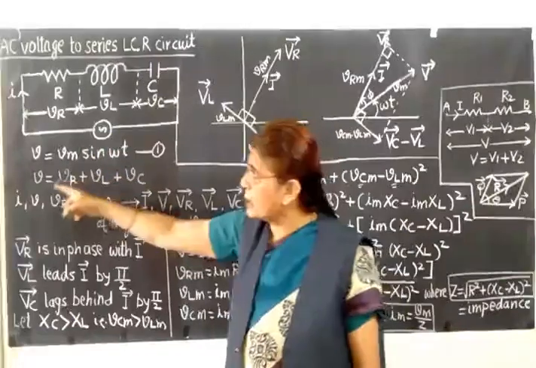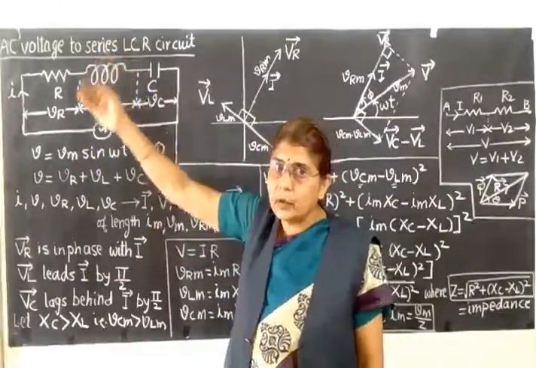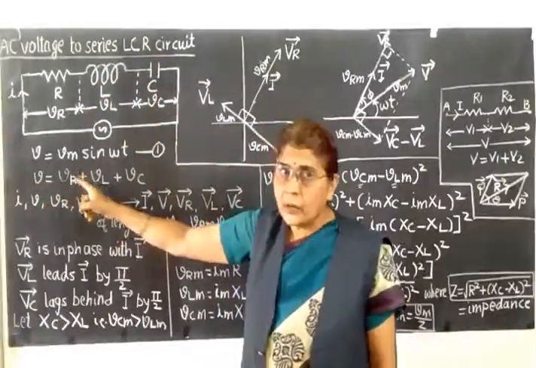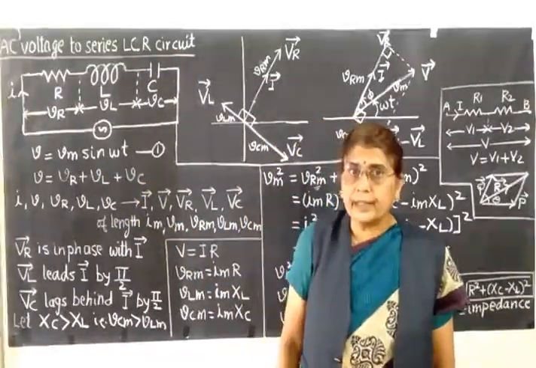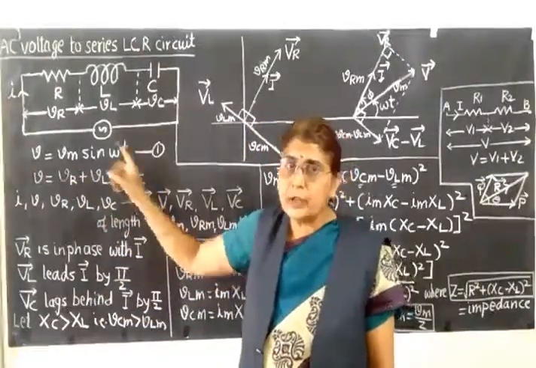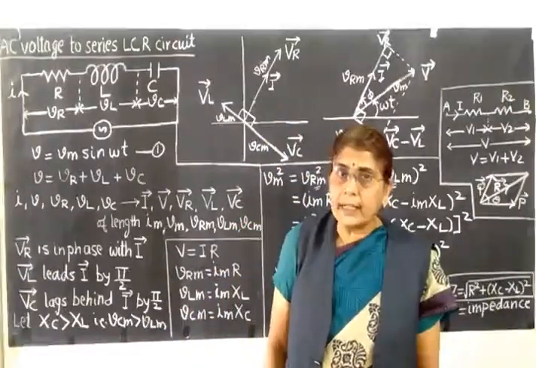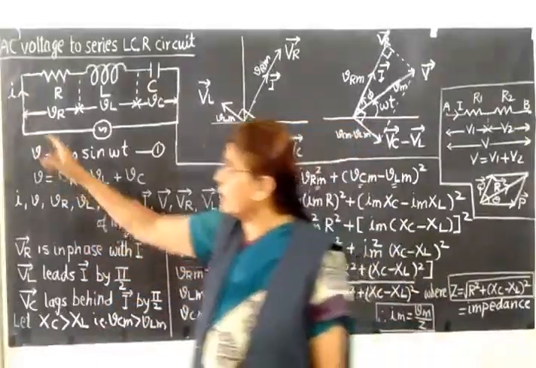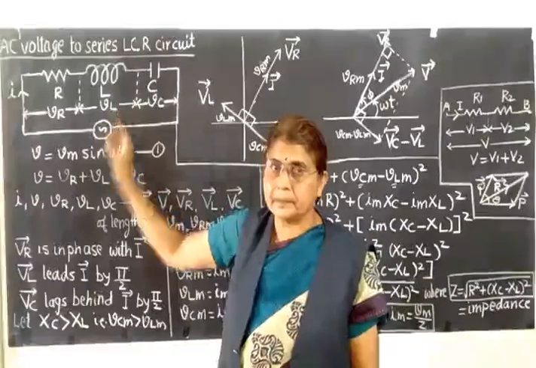The applied voltage V is sum of the three voltages. The applied voltage divides into VR, VL and VC. Therefore, we can write V is equals to VR plus VL plus VC. The meaning of this is, if you find the resultant of the three voltages, you can show the applied voltage. And now what about the current in the circuit? Here the same current flows in the series combination. Here also let us say the same current I is flowing through the LCR circuit.